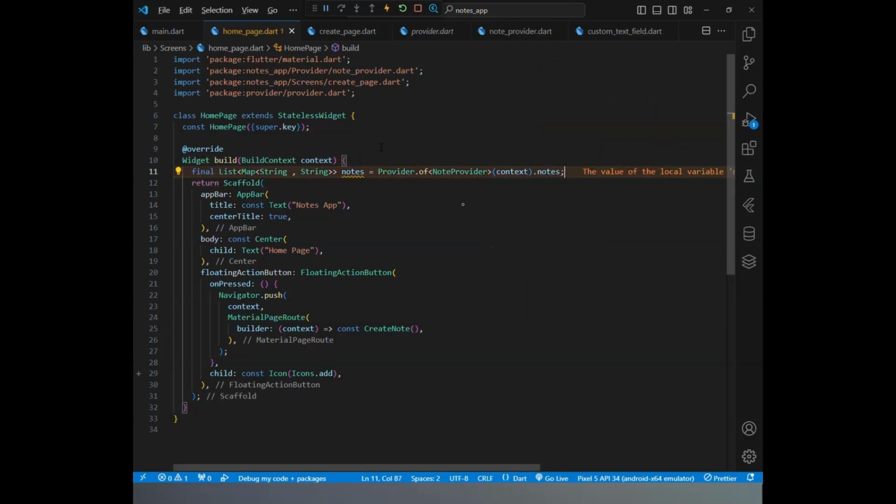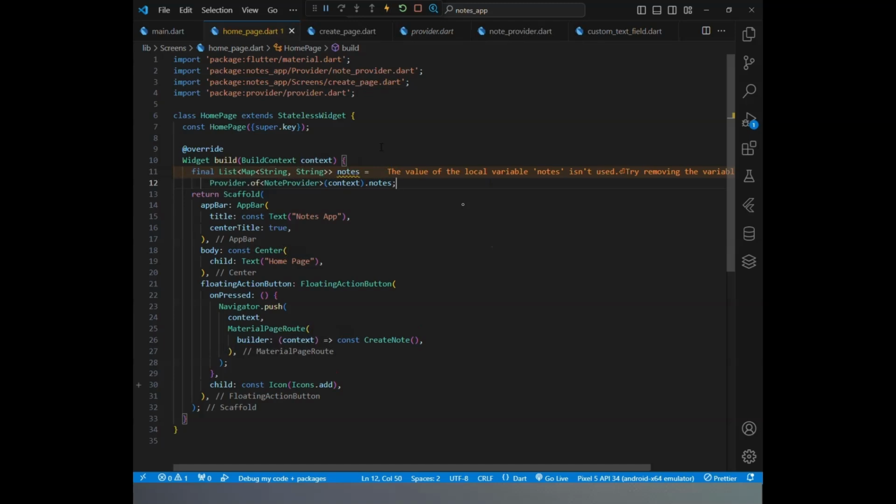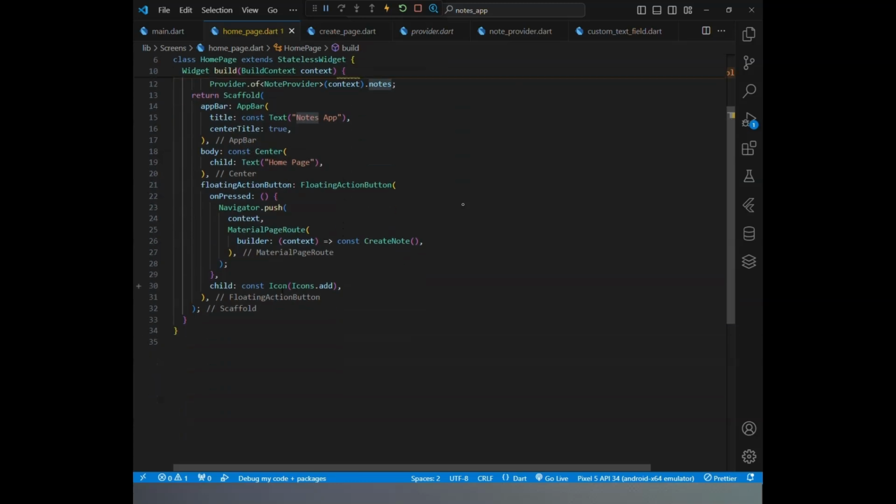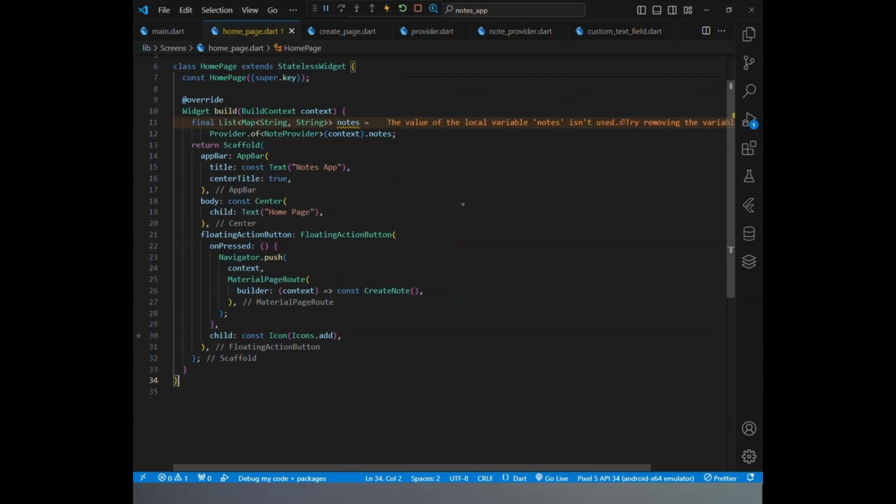Additionally, Scaffold Messenger provides methods such as show snack bar, hide current snack bar, and remove current snack bar to manage the display of snack bars programmatically. These methods offer developers fine-grained control over the presentation and dismissal of transient messages, enhancing the user experience by providing